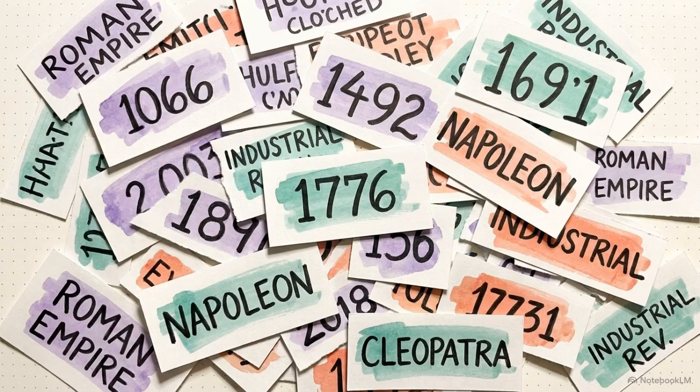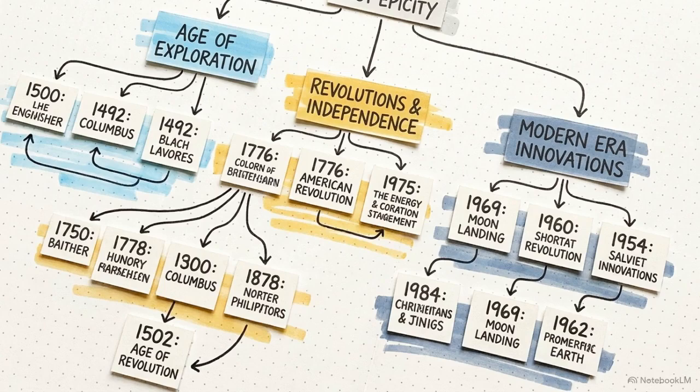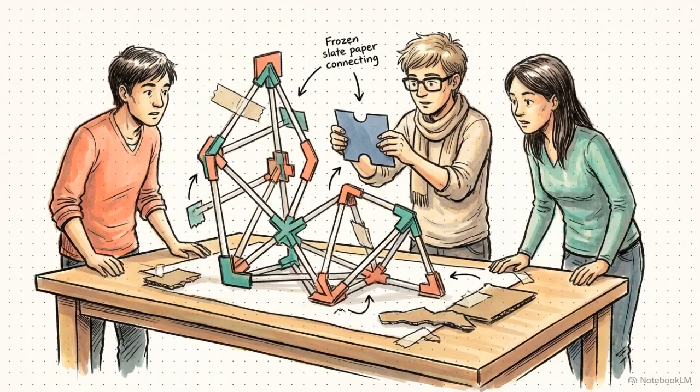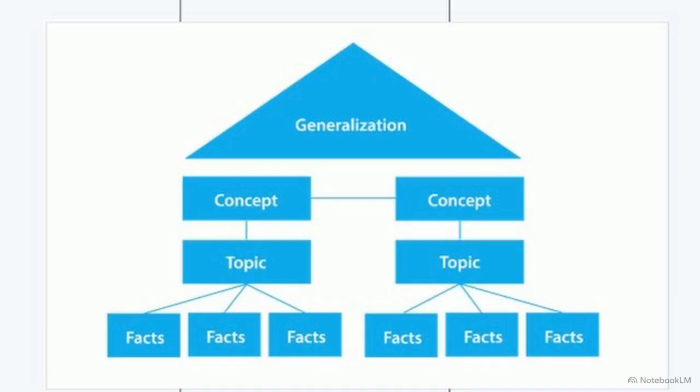Through classification and representation, learners stop seeing distinct, isolated facts. They start seeing the underlying shape of the information. With individual concepts formed, the next phase is building a structural architecture to connect them. This diagram illustrates the strategy of generalization. It builds from granular data at the base up to a broad idea at the top. Students link specific facts at the bottom, moving through topics and concepts, to construct a wider, transferable generalization at the